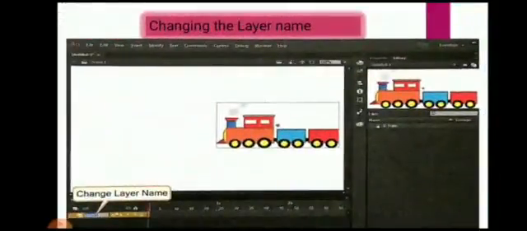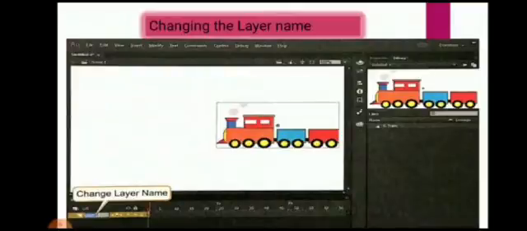Now next is how to apply motion tween. So we create motion tween by specifying the starting and ending position of the object. In keyframes, first you have to specify the starting and ending position, and Animate automatically fills the in between frames. So to apply motion tween, it is required to convert the object into a symbol.